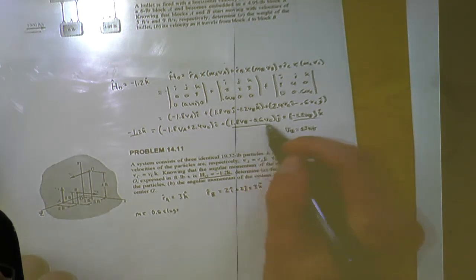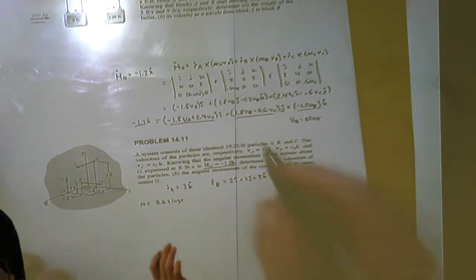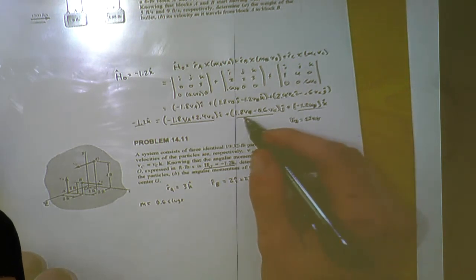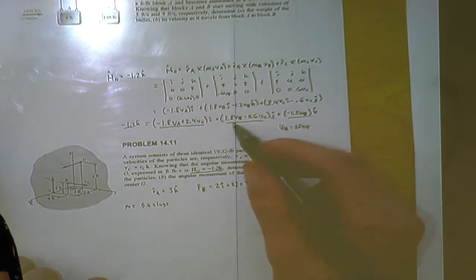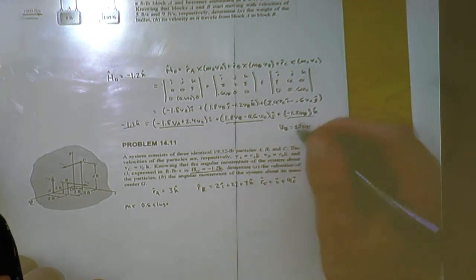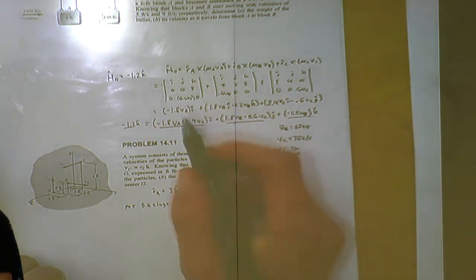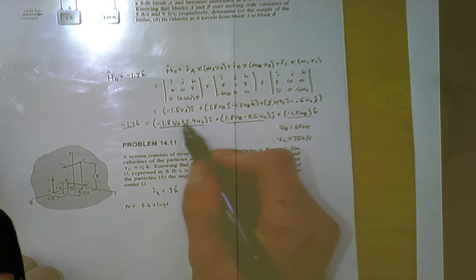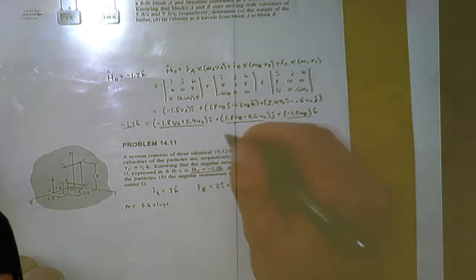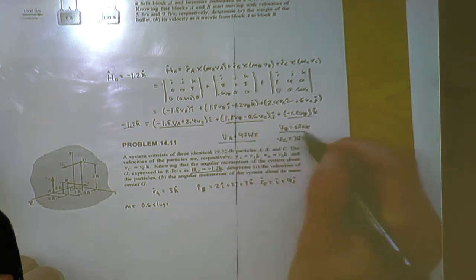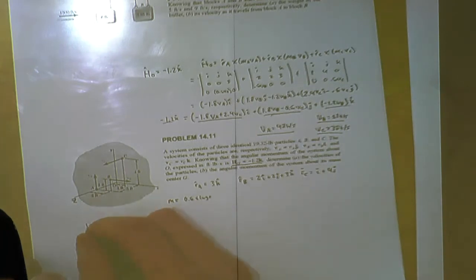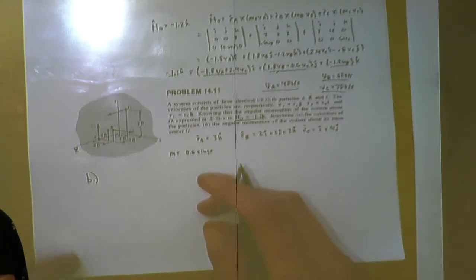And we know that these two have to cancel out. So if we plug in VB into this, you guys can see, we get that VC is equal to 3 feet per second. And with that, we can plug that into this, since this has to equal 0. And we get that VA is equal to 4 feet per second. So that's our part A. And for part B, we have,